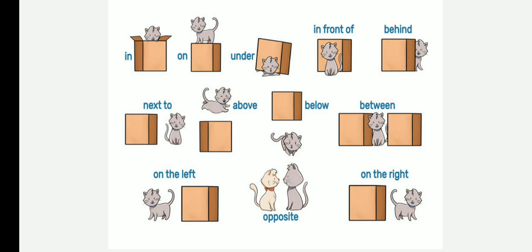In the next picture, the eighth picture, the cat is sitting between the boxes. So we have to use the preposition between. Only when a thing is present between two things, we have to use the preposition between. But when a thing is present as one among a group, we have to use the preposition among.